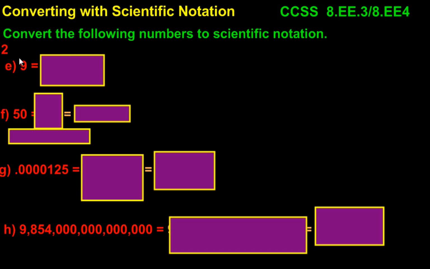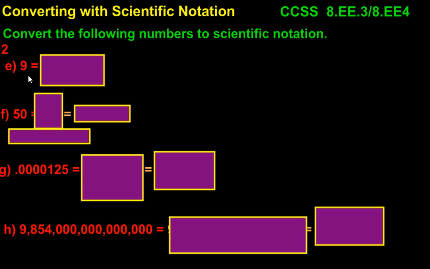So the thing that you want to keep in mind when you're converting to scientific notation is the first thing you want to establish is whether or not you're working with a number that is greater than 1 or equal to 1 or less than 1, because the process you're going to use is going to be a little different depending upon that. So looking at 9, we can establish that that's greater than 1, and so that means that